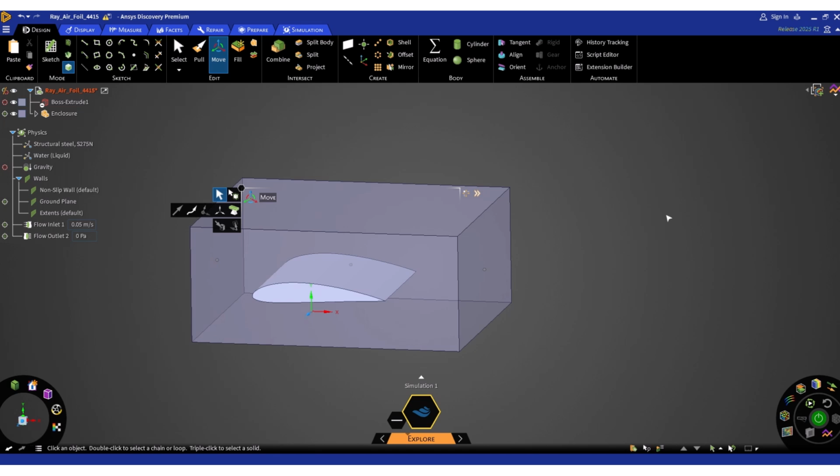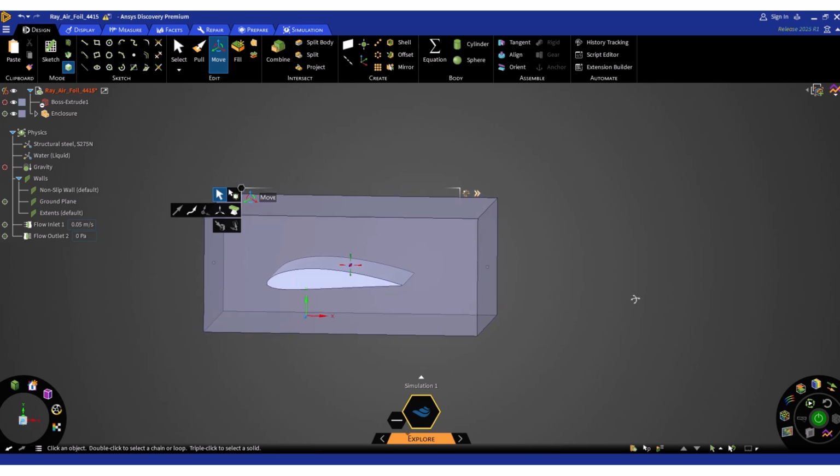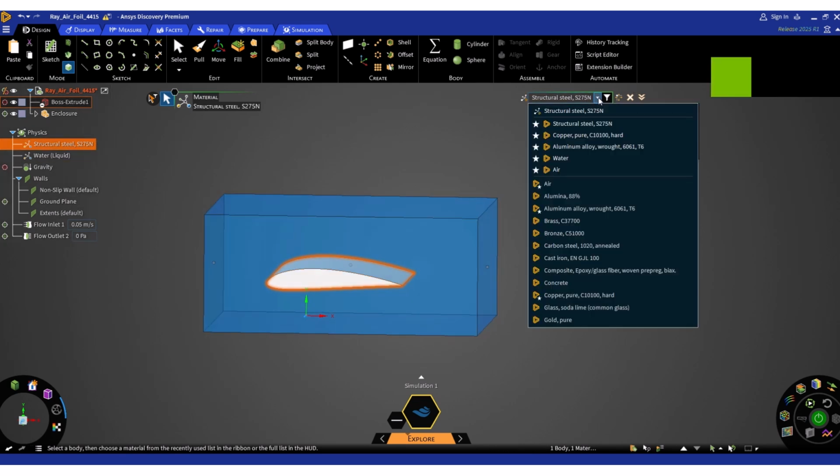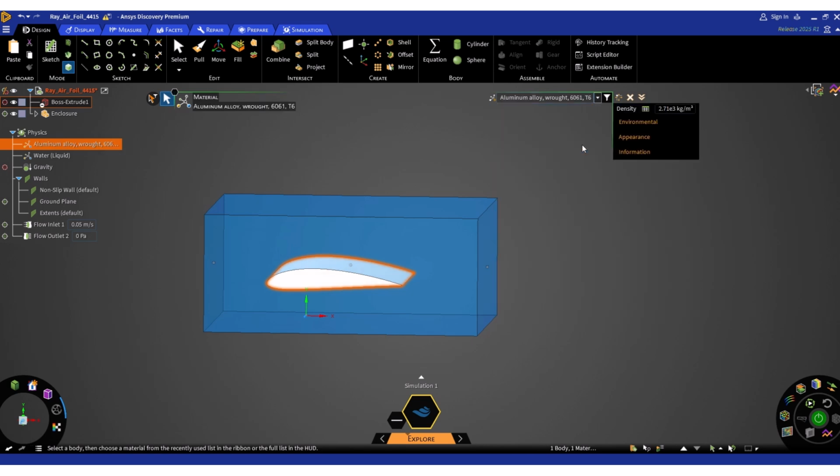After defining my object position and my enclosure, I will go and select the material I want for my object. From here I will change my material, and as you all know, for a typical airfoil we can use aluminum alloy 6061 instead of stainless steel or structural steel. So we're going to select that,